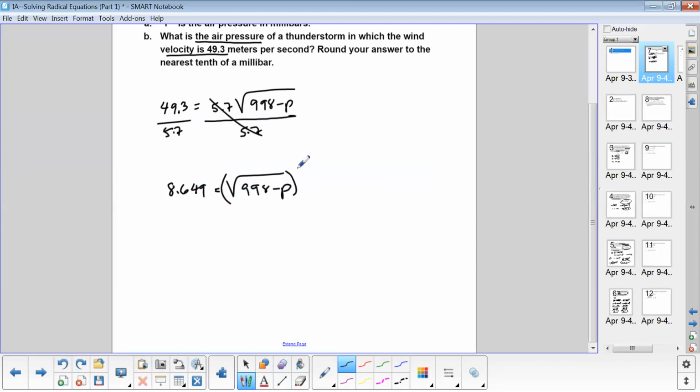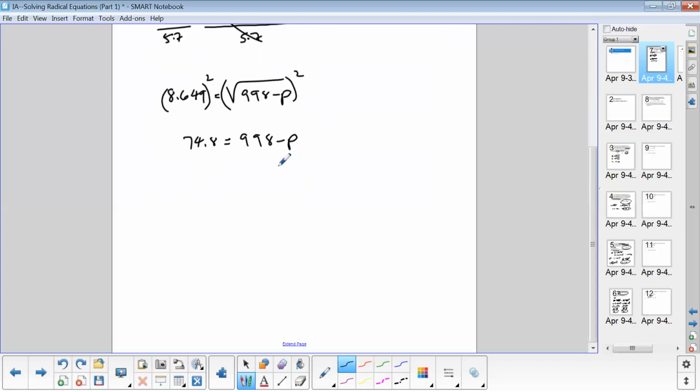Now I can square both sides. And when I square 8.649, I should get approximately 74 8/10. And then that frees up the radicand, which would be 998 minus P. So what I'm going to do is just add P and subtract 74 8/10. So I just move the P variable to the left side and move the 74 8/10 to the other side. So P's on the left now is positive. So P ought to be 923 2/10